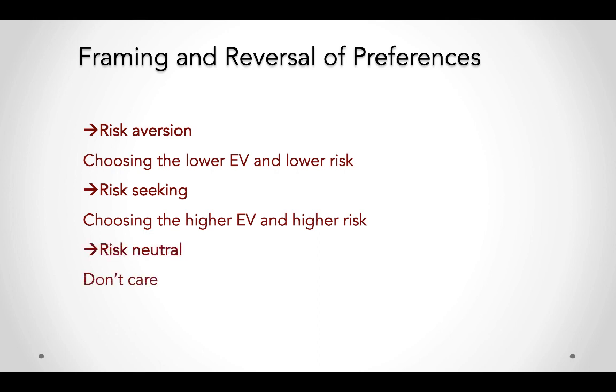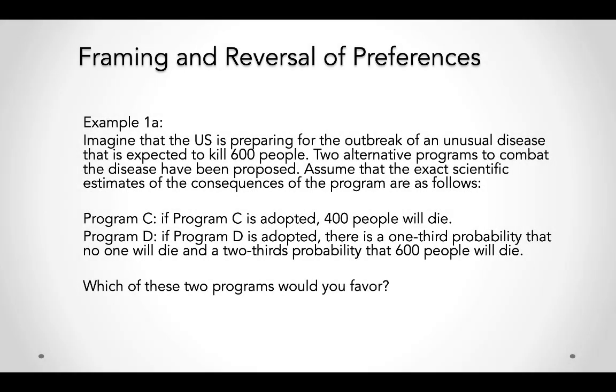So if I choose the safer bet in the beginning, then I'm a risk averse. I don't expect to gamble. If I go for the gamble, I'm considered a risk seeker. And if I don't care, it's risk neutral. I don't care which one to go, so I'm risk neutral. Now the important part is this, because these preferences of risk, they change based on the situation. So let's go on and you'll see what I mean.